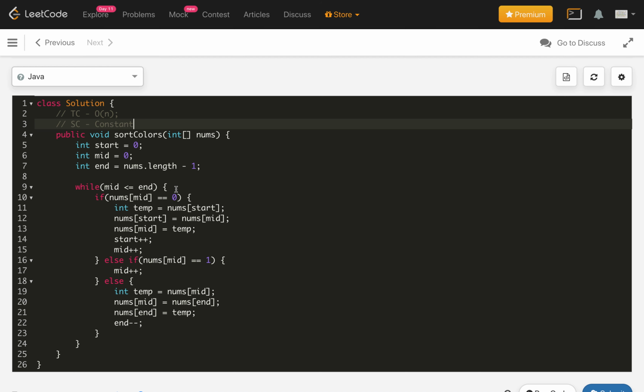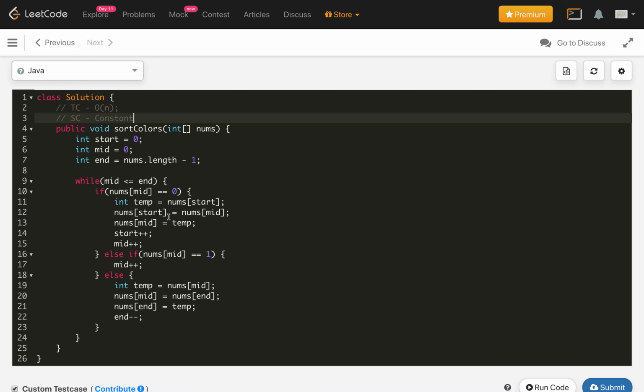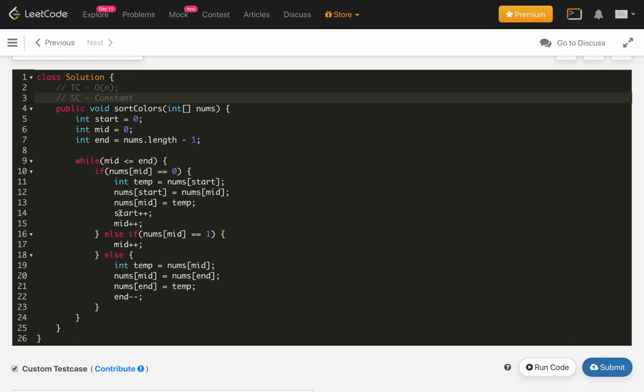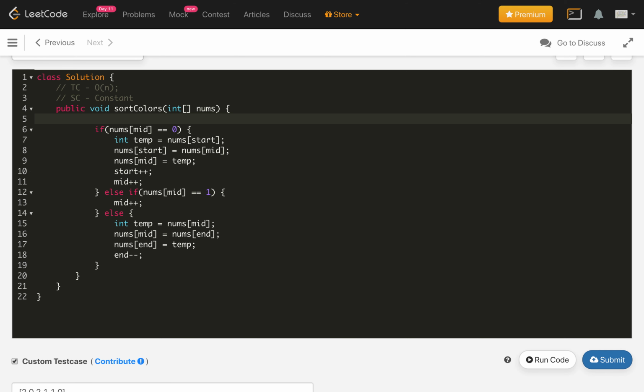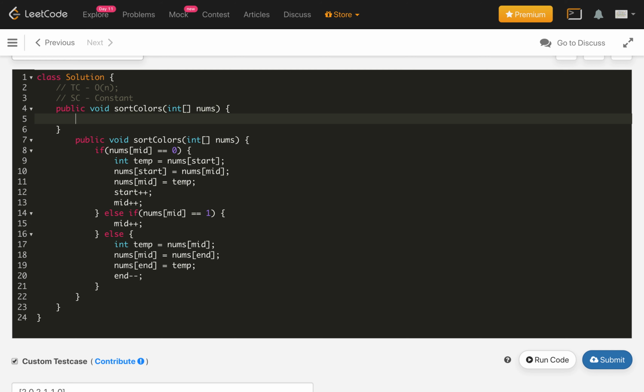So how will you convert this iterative code to recursive? That is very easy. We will just remove this while loop and these conditions, and we will call another child method here, which will be just a call for the sort colors.